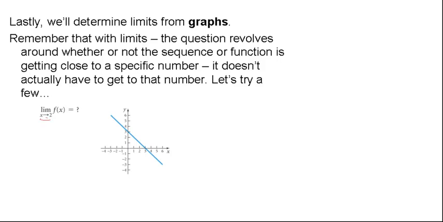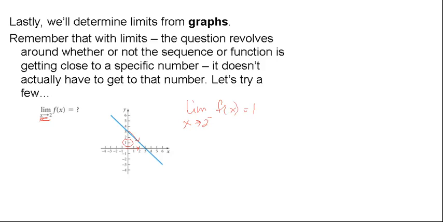So this one is looking at the limit as x approaches 2. Now, since it doesn't have the plus or the minus to the above and to the right of the 2, it means from both sides. So I want to look at as x gets closer and closer to 2 from the left, what are my y values doing? They're getting closer and closer to the value, looks like 1, right? So the limit as x approaches 2 from the left of our function is 1.